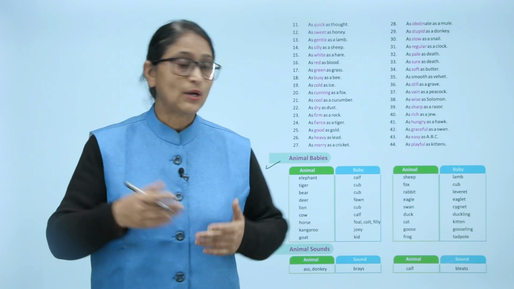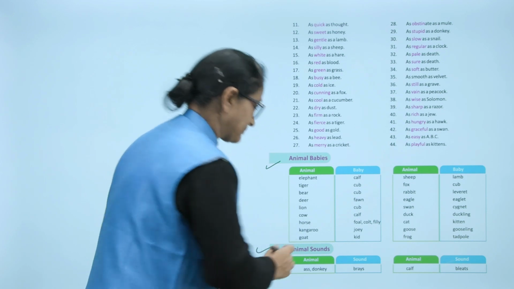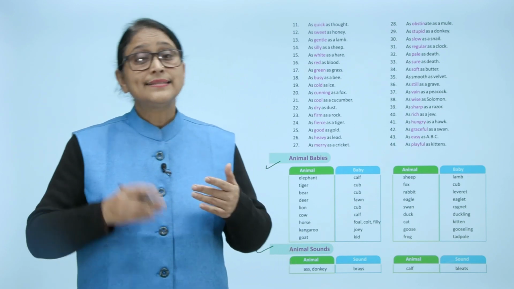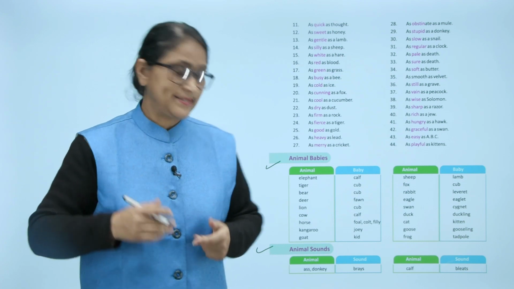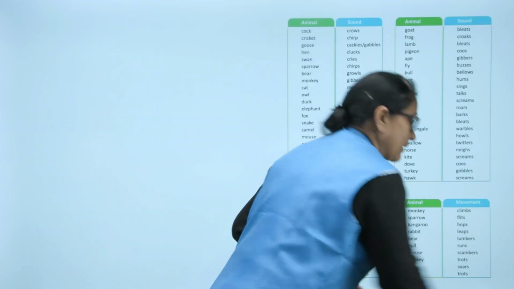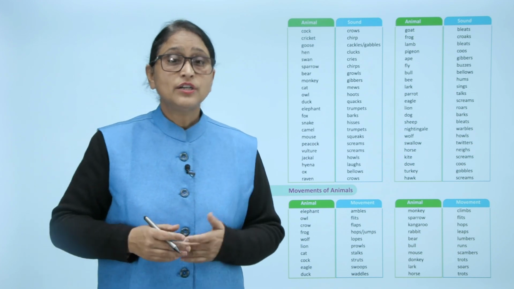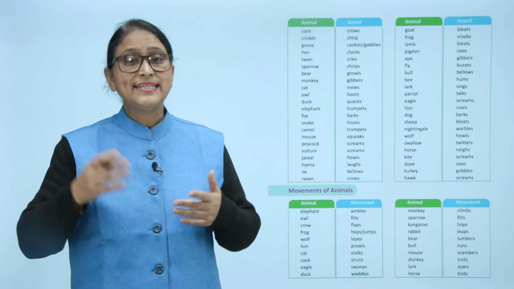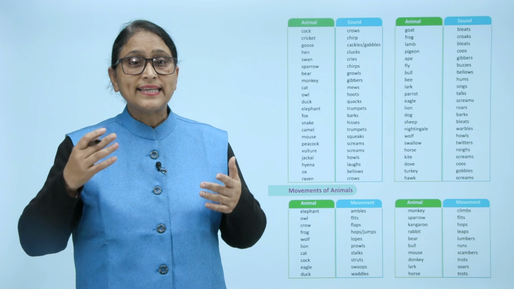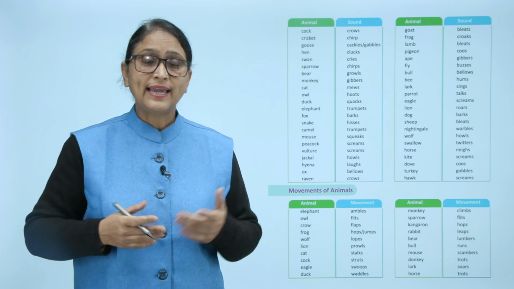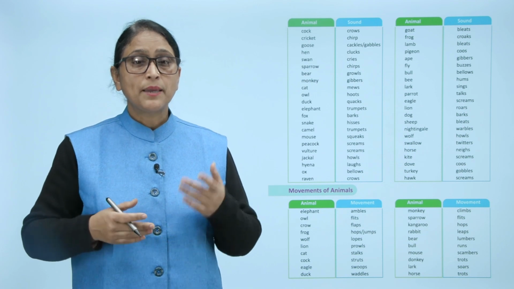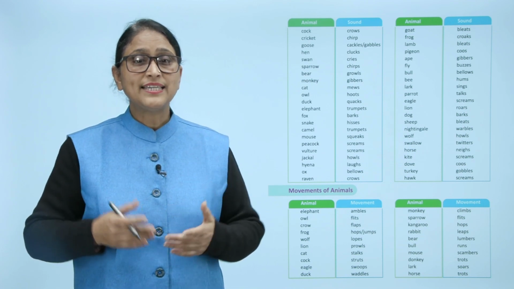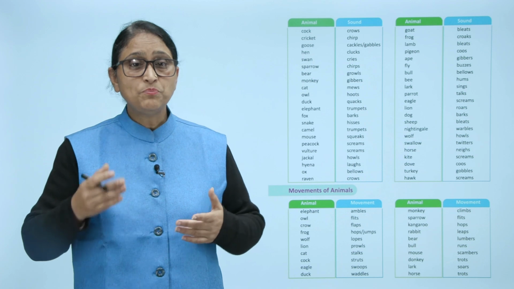Now animal sounds. Donkey brays, calf bleats, cock crows, cricket chirps, goose cackles or gabbles, hen clucks, swan cries, sparrow chirps, bear growls, monkey gibbers, cat mews,